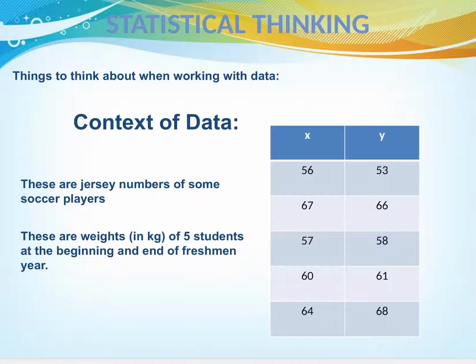If I gave you two columns of data, say an X column and a Y column, and the numbers ranged between the 50s to the 60s, you don't really have any idea what we're measuring here unless I give you some context for the data. Are these jersey numbers of some soccer players from one year to the next year? Or are they weights, in kilograms, of course, of 5 students at the beginning and at the end of freshman year? If they're jersey numbers, there's not much we can analyze about that data except did the athlete pick